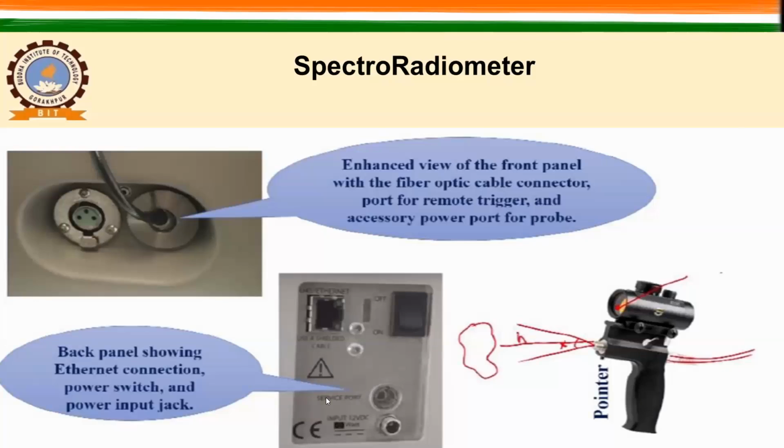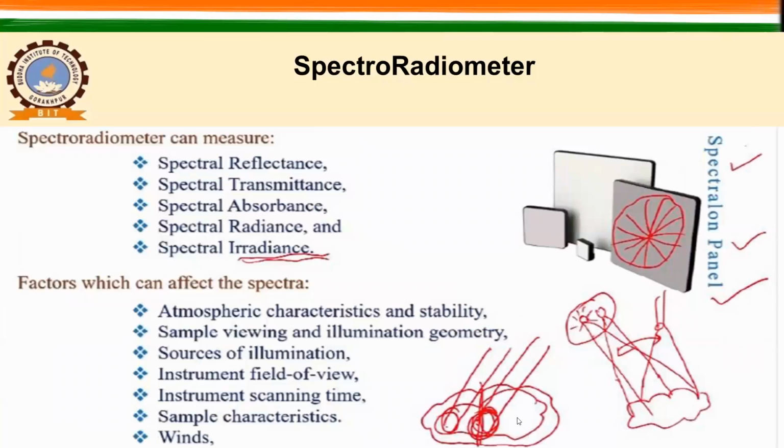So in these spectroradiometers, what exactly can we measure? We can measure the spectral reflectance, right? Look at the slide. Why are we calling it spectral reflectance? Because here we will have many bands, maybe hundreds or 200 or 500 bands, in narrow bandwidth, right? So here you will have this kind of spectral signature.